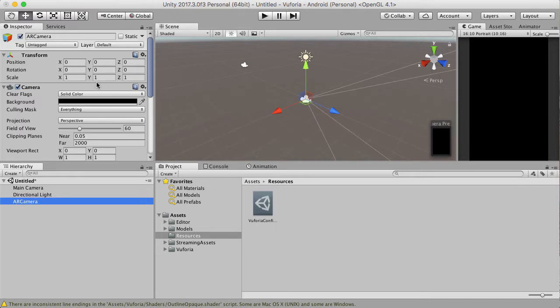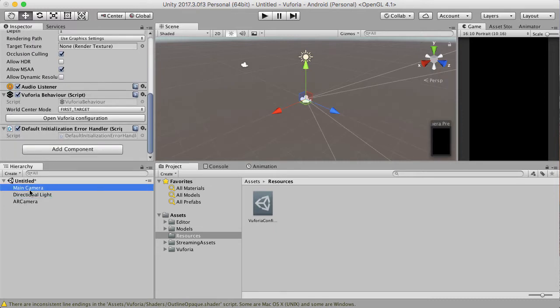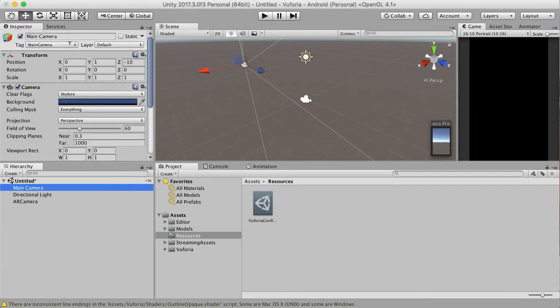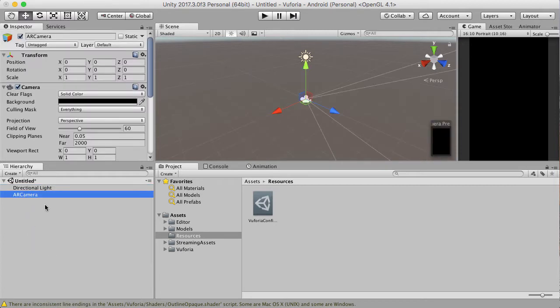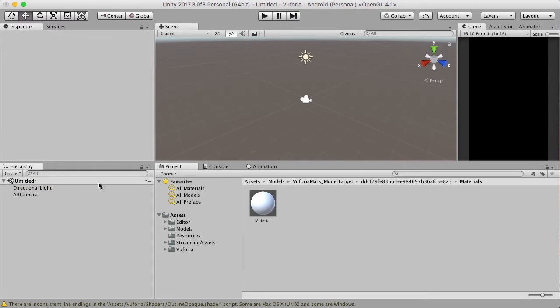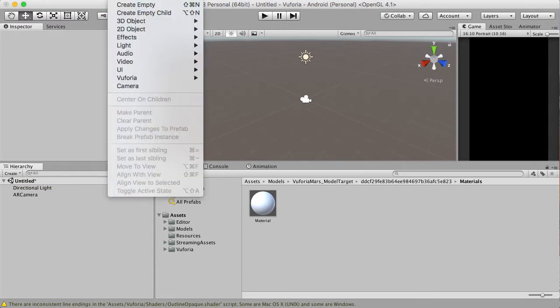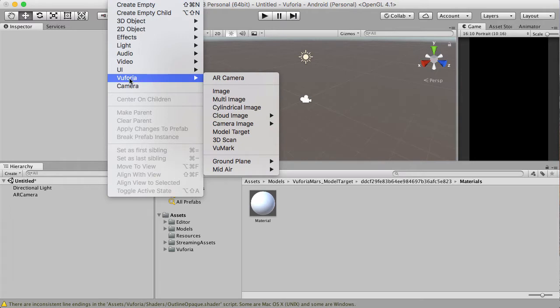So we've got our AR camera here, which is to do with Vuforia, and we've got our normal regular main camera from our standard scene. I'm going to delete that main camera because we don't need that. We just need our AR camera. But what we want to do is have targets. So we need to go to game object, go to Vuforia, and then we want to put in a target, but it's not a model target, it's an image target. So I'm going to select image target, which is at the top here,